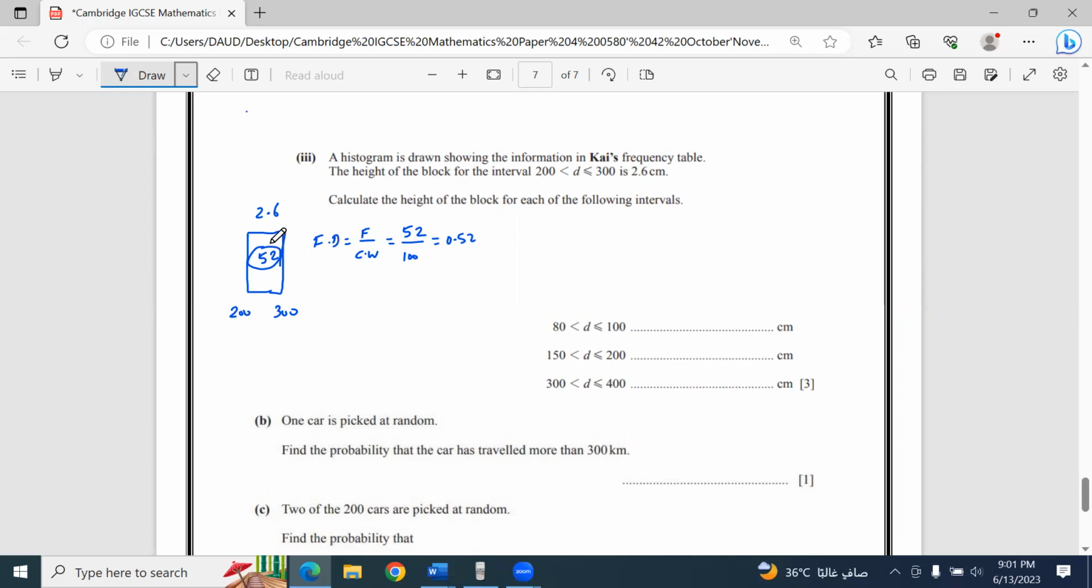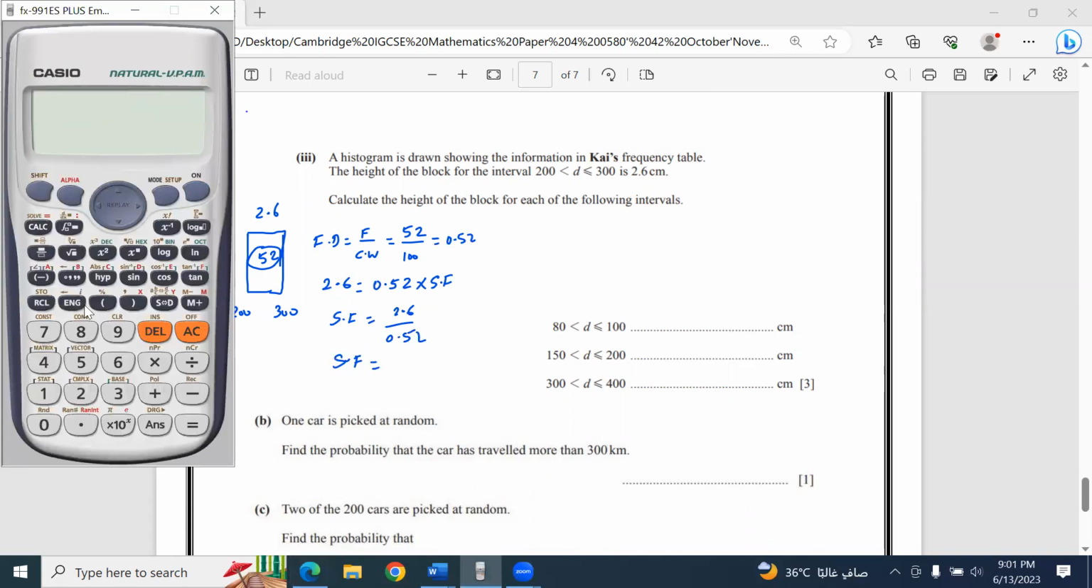Actually, we are looking for total height, but height is given in this case. So we will take the help of this height, which is 2.6, equal to 0.52. What we multiply with frequency density to get this height is our scale factor. Okay. So we will find our scale factor, which is equal to 2.6 over 0.52. And if you check carefully in the calculator, it gives me